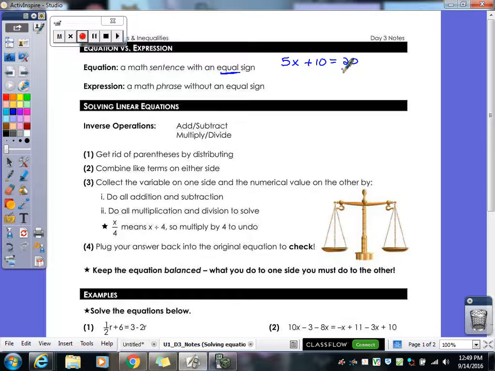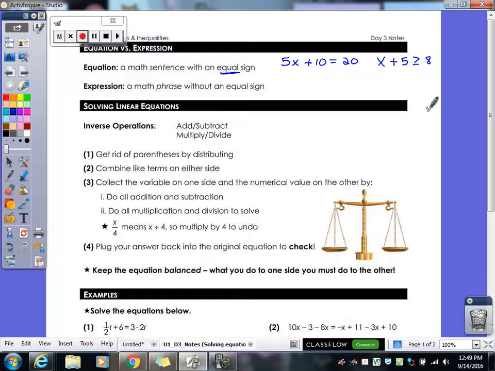It doesn't always have to be an equal sign. It could be x plus 5 is greater than or equal to 8. Okay. That has many solutions, right? Inequalities don't have one solution, they have many, right? So if it's an equal sign or greater than or equal to sign or less than or equal to sign,